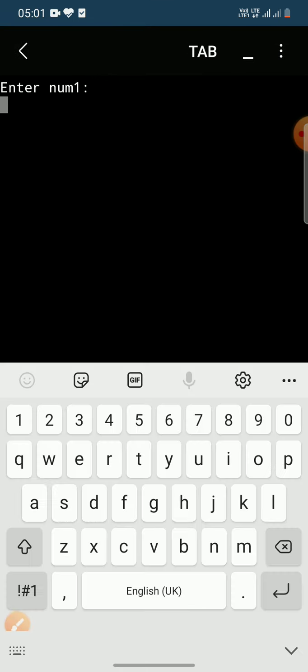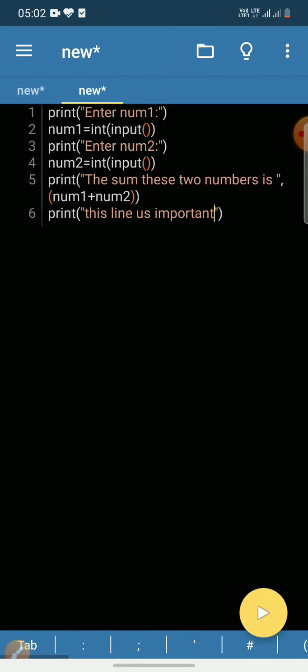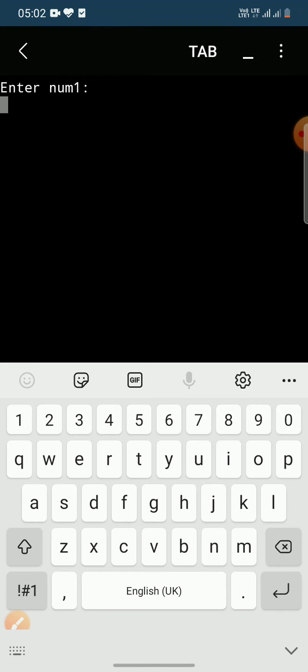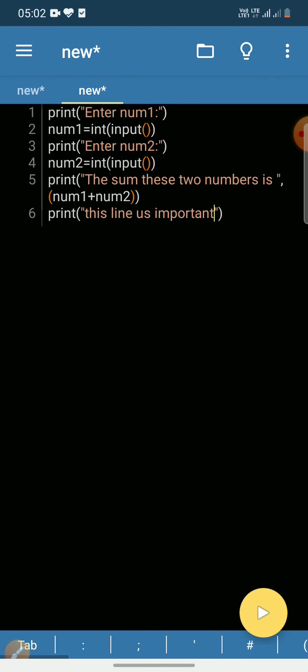if I give it, suppose I have given e as input, so it will give us an error and it has not executed the rest of the program. And if we give an alphabet as input in num1, so here also we get an error and the rest of the program will not run. So for that